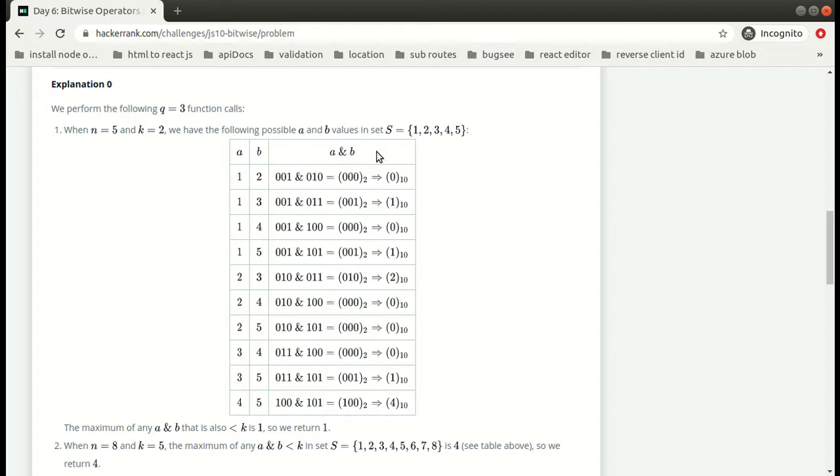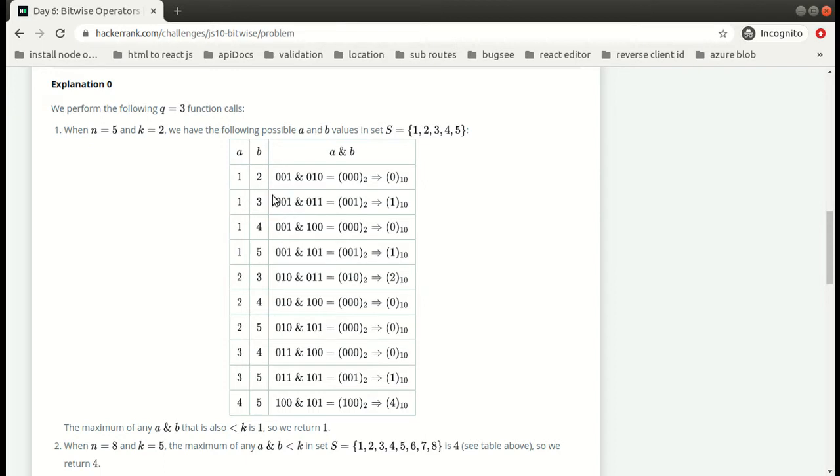If we have true and true, only then do we get the result as true, that is 1. If either value is 0 or false, the result becomes false. So here, 1 AND 2 gives 000, and when we convert this from base 2 to base 10, we get 0.